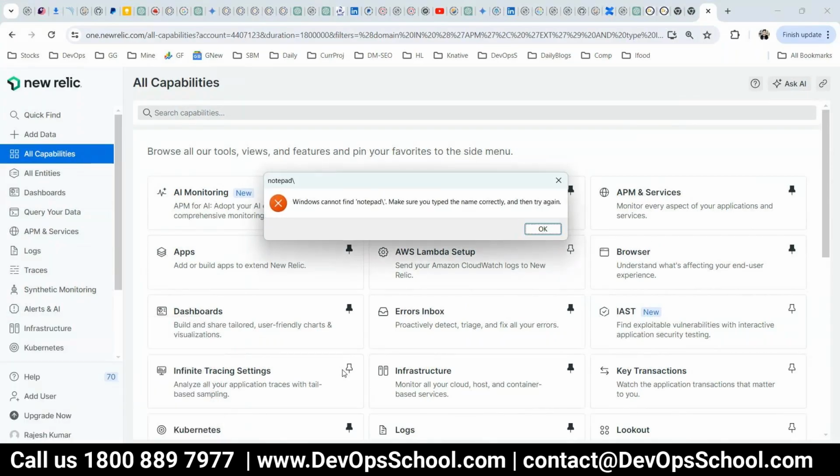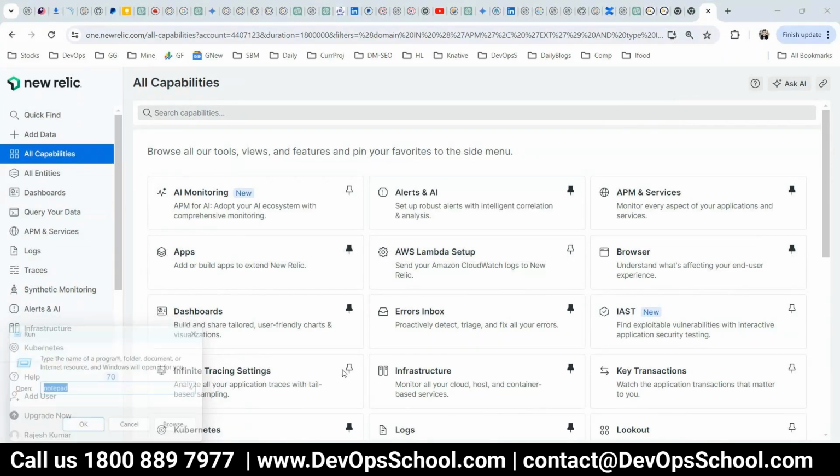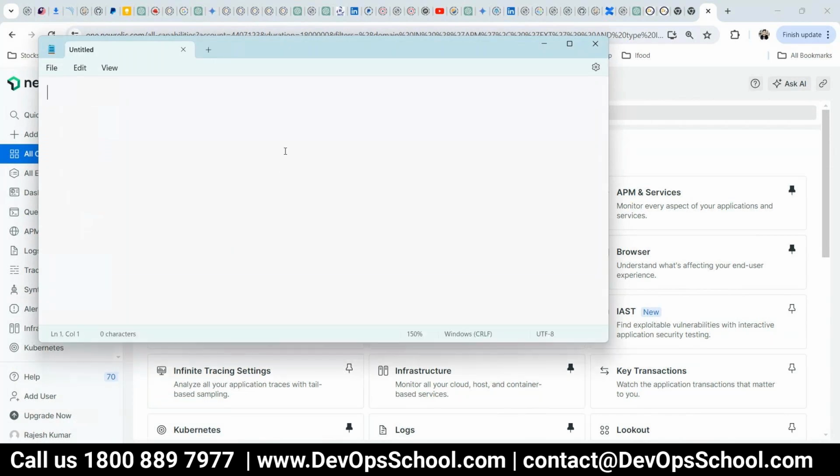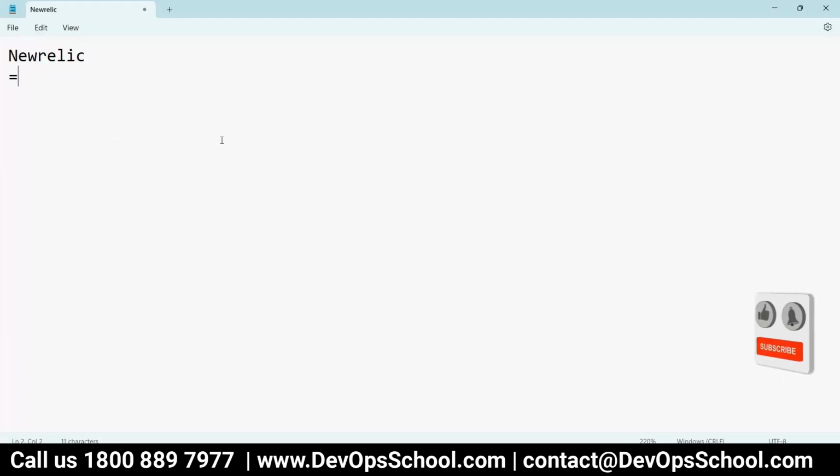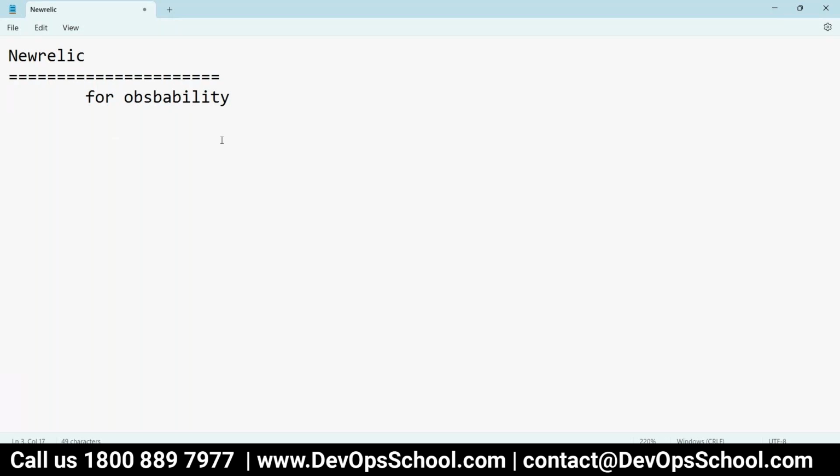So now I'm going to teach you a new tool, which is New Relic. So what is New Relic? Again, New Relic is a tool for observability. Now, if you remember what we discussed about observability last time, as part of observability, you are collecting